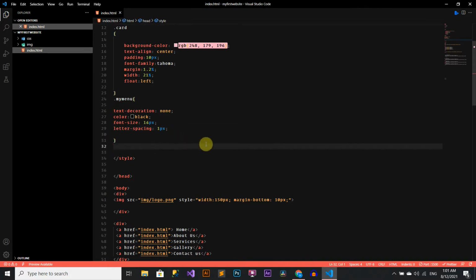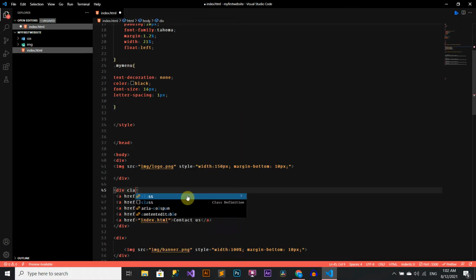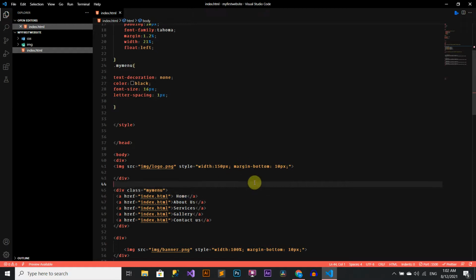Now we will assign this class to the menu div. You can see, so we will target anchor in CSS.